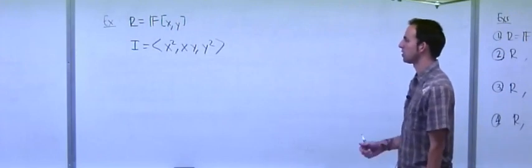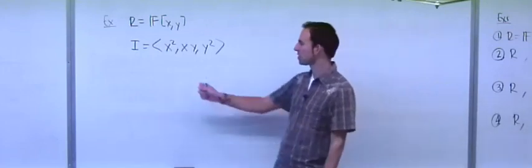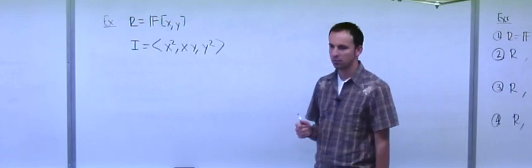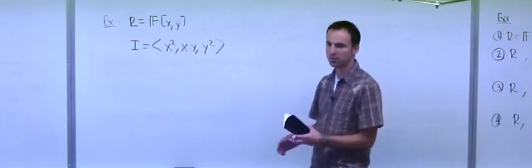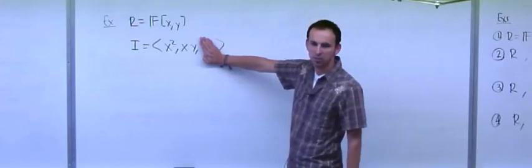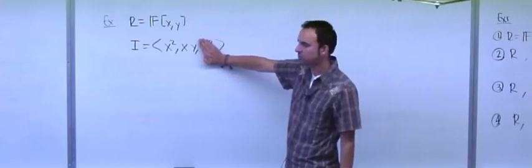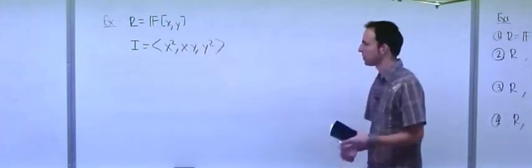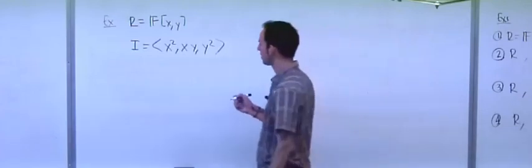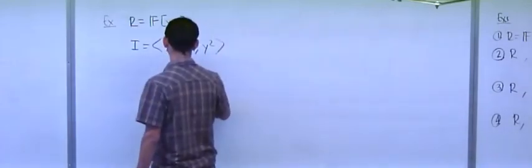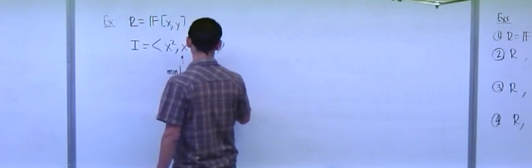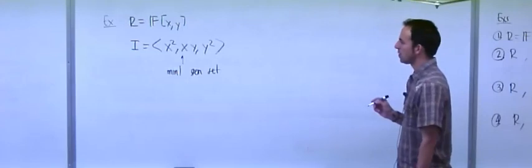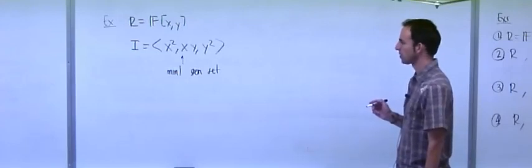Okay. So this is the generating set by definition. These three guys generate. Okay. But you can see that this is a minimal generating set in the sense that, for example, if you take these two guys, you can't generate y squared, right? Because you can only generate multiples of x. And if you think about it, these guys are a minimal generating set. Okay? You need all three. Okay, but this is a minimal generating